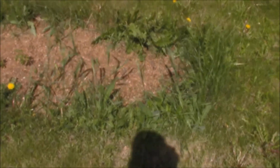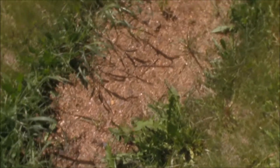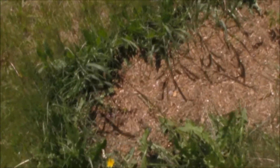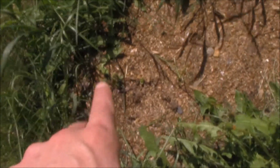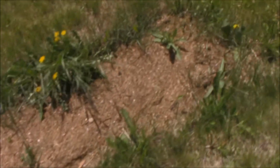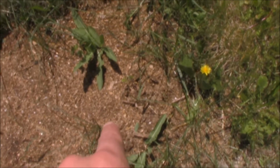I did have a few left over when I planted this area out, and yes, I know there are some thistles in there. Those are not tomatoes. So they ended up in what was supposed to be the carrot bed. I've had some issues though, where I put in that chicken enhanced sawdust, and we'll talk about that in the future. But for the time being, there are two Cherokee purples at this one end of the bed, a bunch of weeds in here, and then I think it's a grape tomato here,